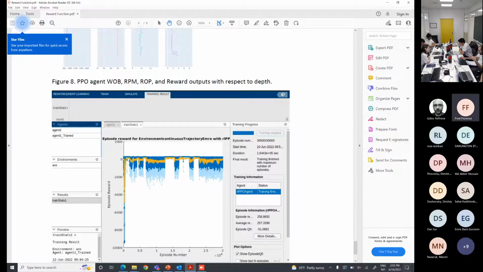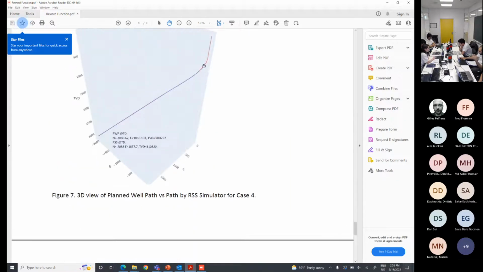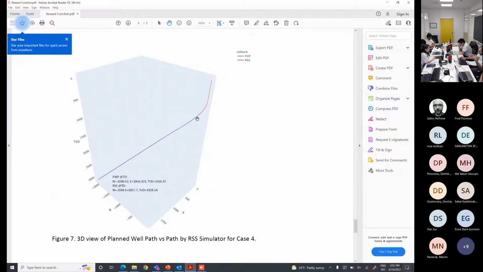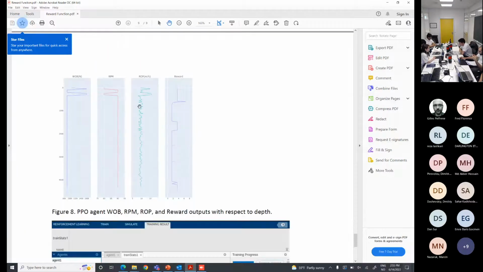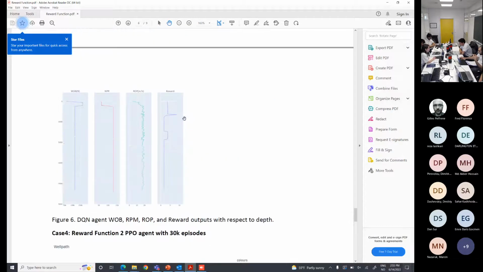So I increased the penalty. When I increased the penalty, it became like a kid. It's trying to get away from that value. So it is trying to find the best possibility. And with the best possibility, I am getting the best optimized trajectory following the PWP, the planned project trajectory, and the best ROP. It is not the fastest ROP. If I apply the fastest ROP, for example,